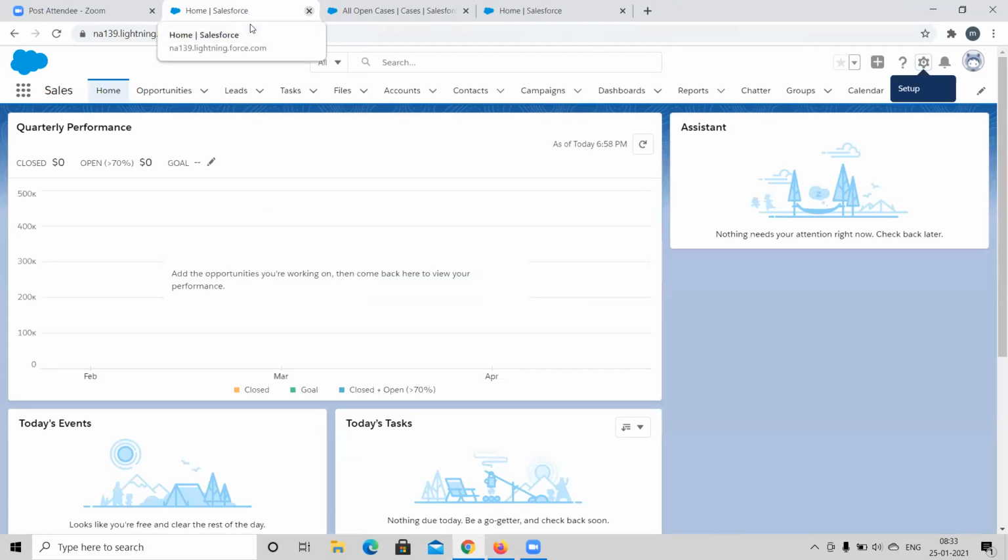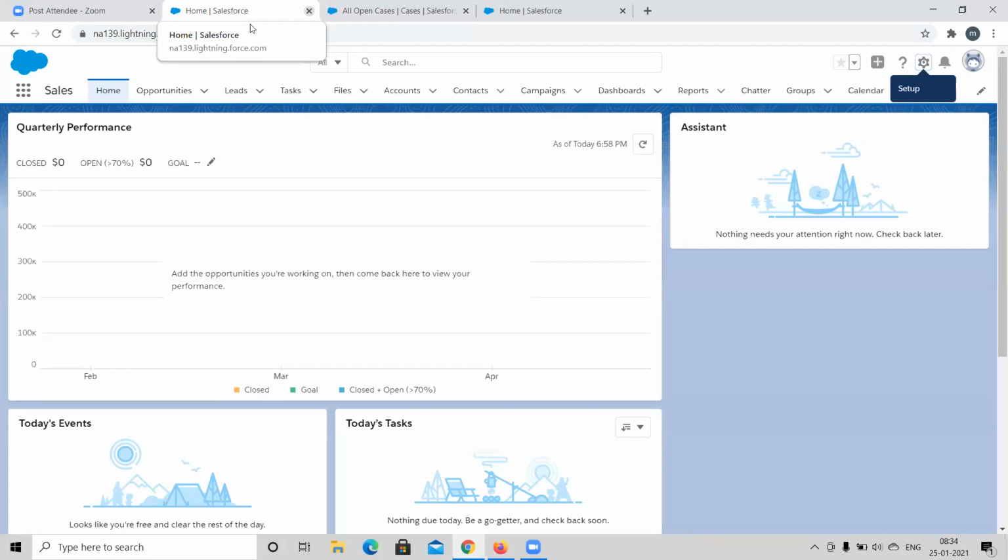Maybe if we talk about not only profiles, but also the sharing settings. There is the OWD, organization-wide default. There are different options here: private, public read only, and public read write. So not only in profiles, in OWD also, let's say we have 10 users. We have to pick a user among the 10 users. If you are assigning a profile, or setting OWD for any specific object, we have to pick